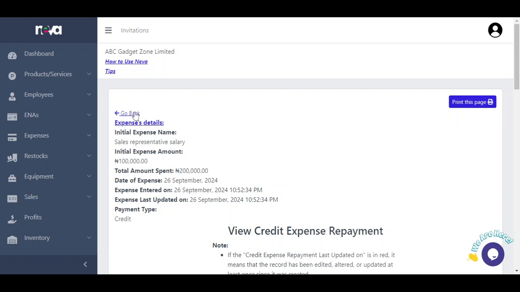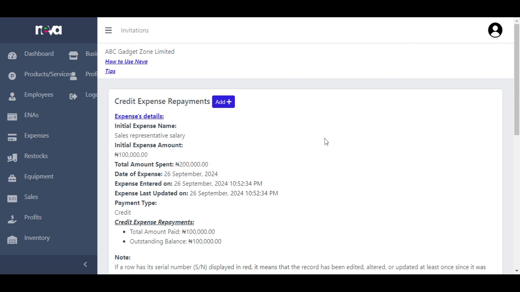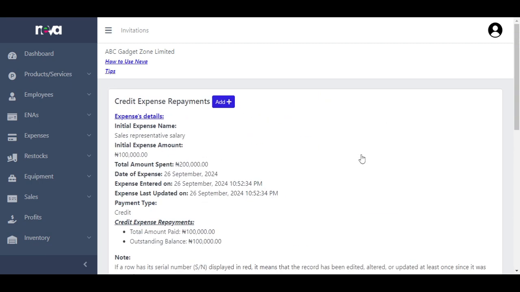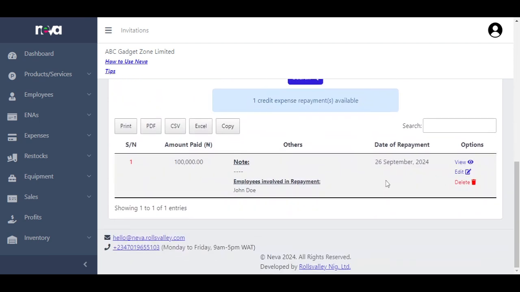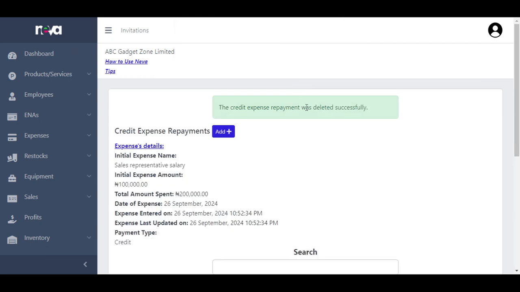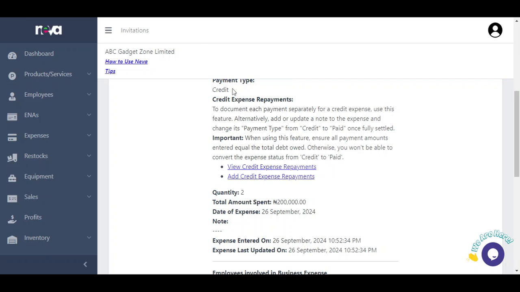So if we click back, you can see here that we can view all of that. If we click delete, it will delete the credit expense repayment. If we tap delete, it will ask us if we want to delete it, and we say yes. It deletes that. So as it stands right now, we can go back to the expense details